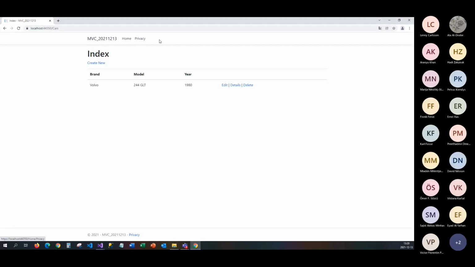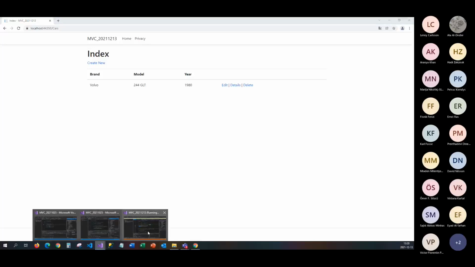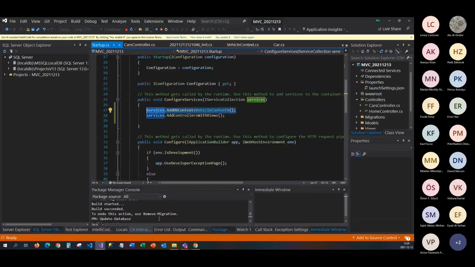We're going to add the menu also here with the cars in the menu, so it starts with the cars as default. We're not interested in the home and the privacy as default. So we could do that in our code. We go back here and have a look first at the startup